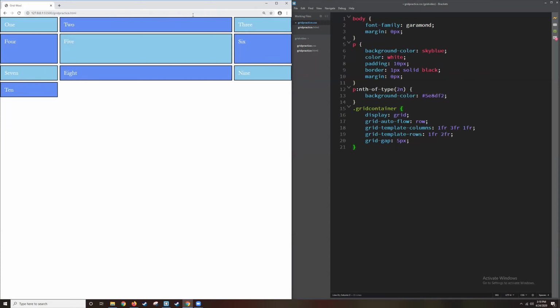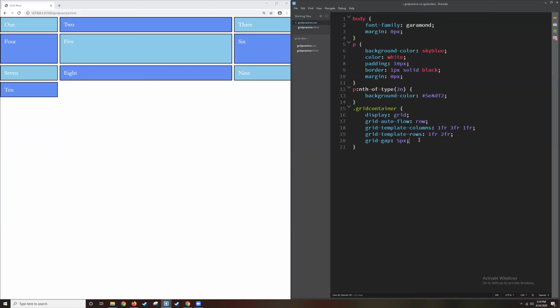So these 6 boxes here that I've created with the grid template columns and grid template rows, that is the explicit grid. And then anything that's automatically created because it has more content than will fit into that grid, that's called the implicit grid, or I like to think of it as the automatically created grid. And we can actually adjust how